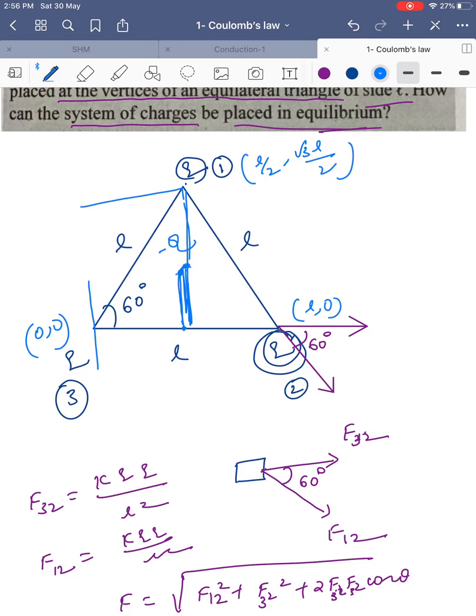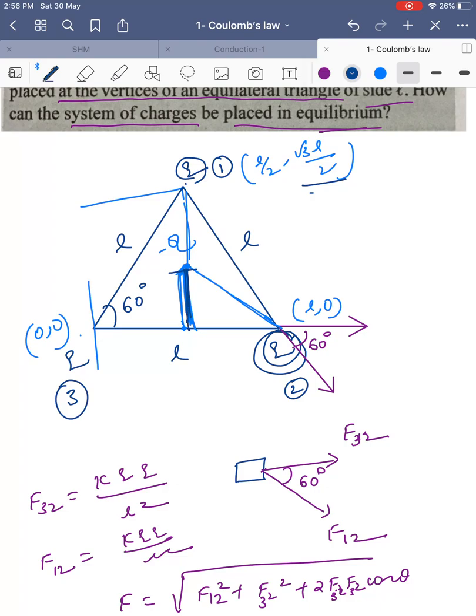The coordinates are (x1 plus x2 plus x3) by 3 and (y1 plus y2 plus y3) by 3, the central position, and get the distance from here to here. Even if you don't want to do that much hard work, what will be the vertical distance from here to here? The y position is root 3 L by 2, right? The centroid is at half of that, so vertically it will be root 3 L by 4.